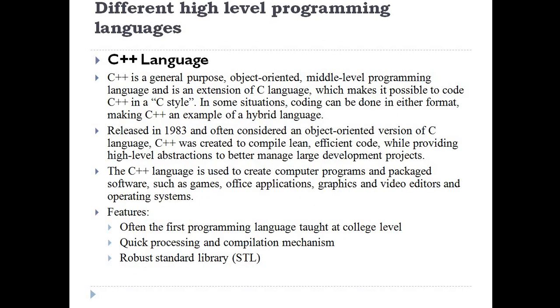The second high level programming language is C++. It is a general purpose language. It is basically a middle level programming language, but it implements the object oriented approach. It is an extension of C. It is possible to code in C style, but the basic focus of this language is the object. Means a real world problem is considered centered on an object, and according to that the set of instructions or syntax is created in this language. It was released in 1983.